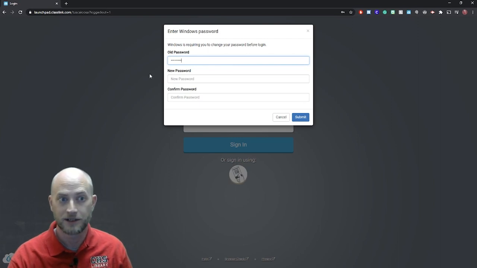On the next two lines where it says new password and confirm password, you'll do just that. You'll create a new password for yourself, but there are a few things to remember. The new password must be at least 8 characters long, including a capital letter, a number, and a symbol. Additionally, the password cannot be your first or last name, and it needs to be unique from your last 5